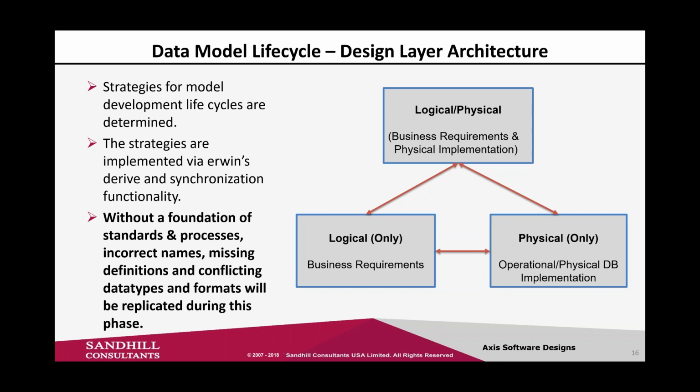It starts to bring organizational structure into it, so that everybody's not just creating models, doing their own thing, and even worse, taking bits and pieces from possible models that have been created before, but have never gone through an approval process and so forth, so that we start to replicate not only incorrect or missing definitions potentially, but we replicate incorrect data across models moving forward. So this is something that we look at, we come up with the strategy, and then we use the Erwin functionality to maintain that.